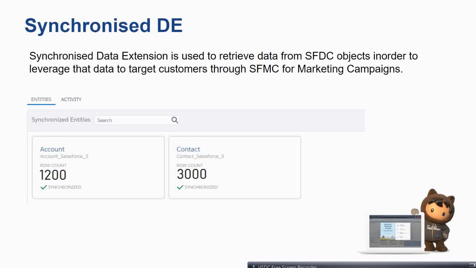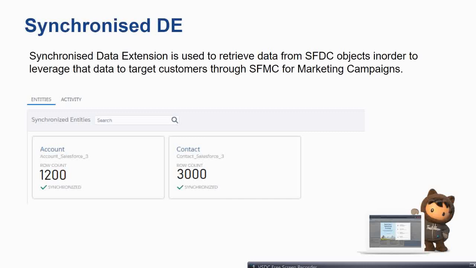So this is an out of the box feature which is utilized through connectors, and the data automatically flows every 15 minutes to the Salesforce Marketing Cloud platform, and then it gets stored into some Salesforce synchronized data extensions. But you cannot edit or update the Salesforce synchronized data extension.